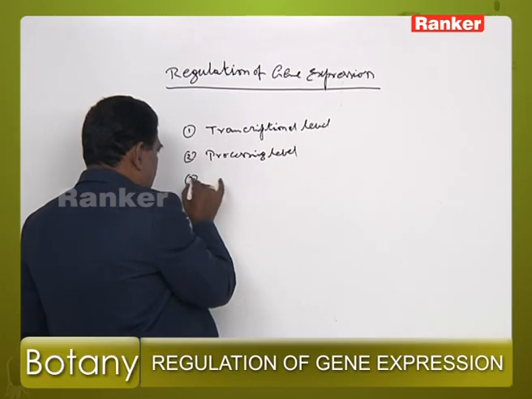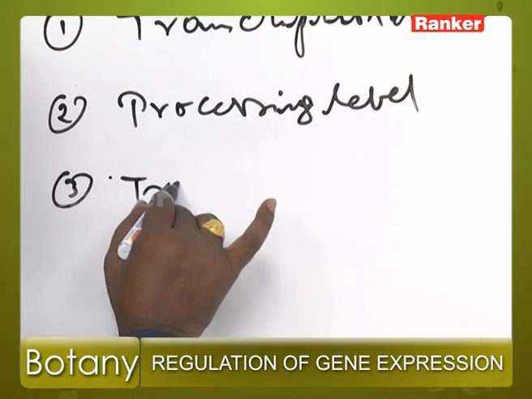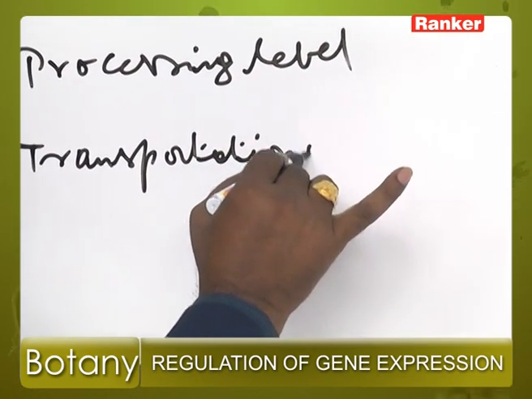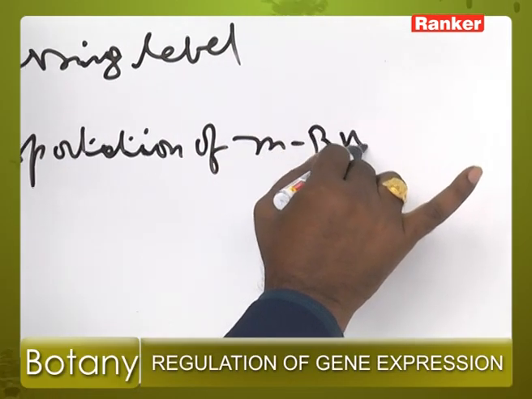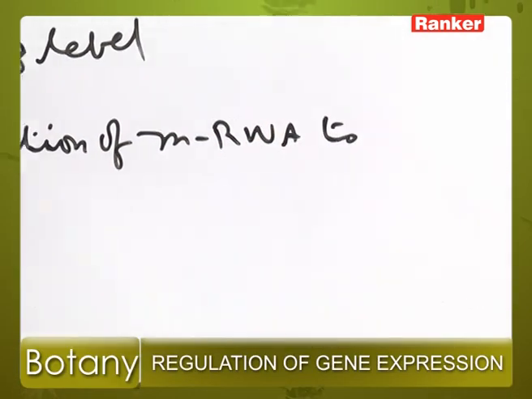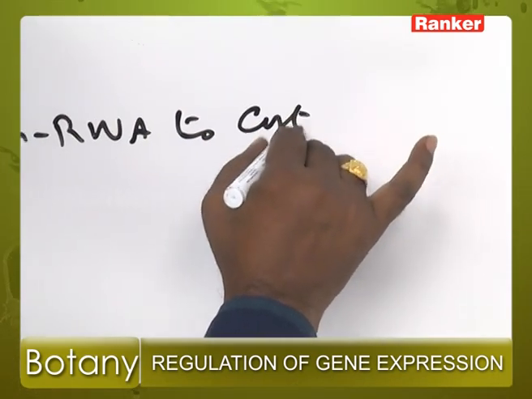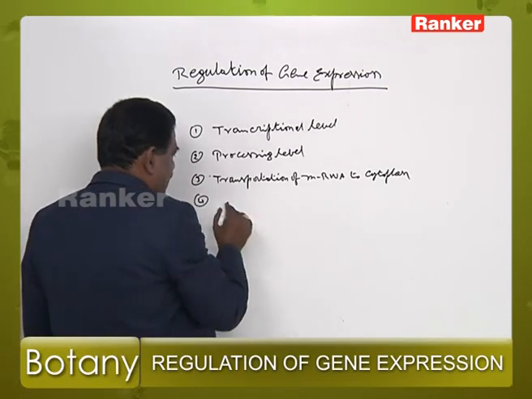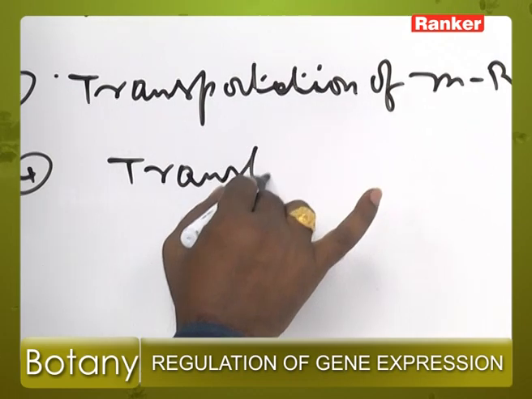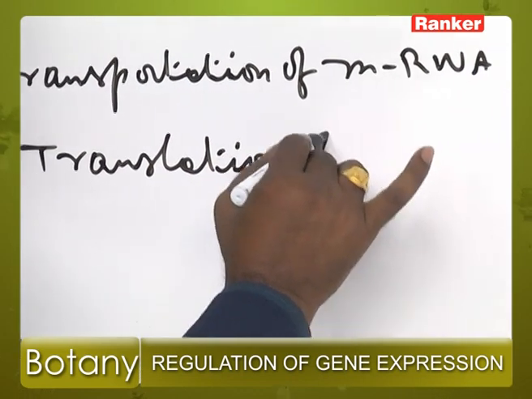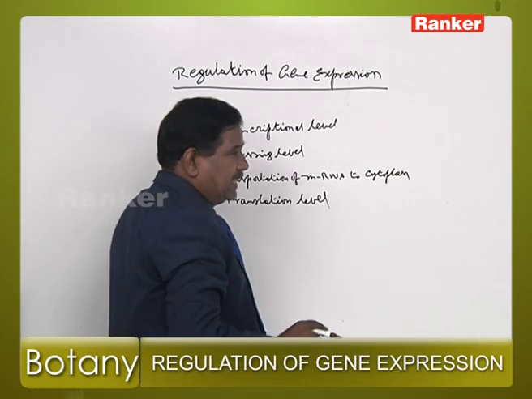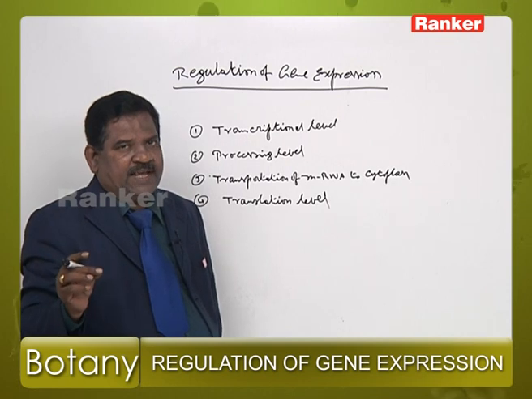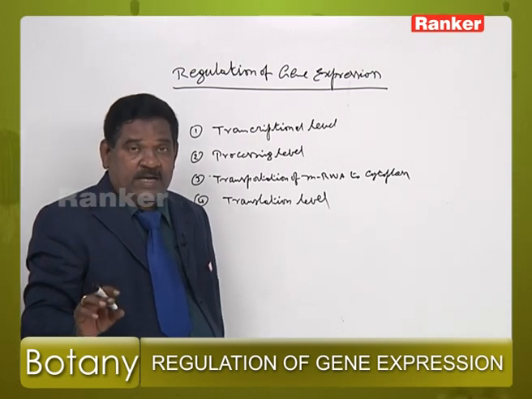Third one, during the transportation of mRNA to the cytoplasm. And fourth, during the translation level. At any step, this regulation of gene expression may occur in eukaryotes, but in prokaryotes only at one